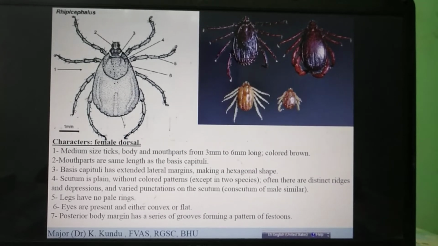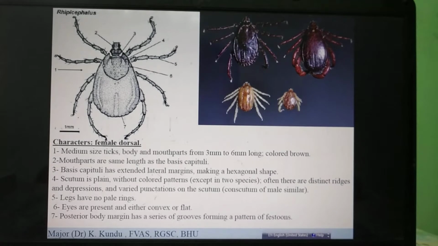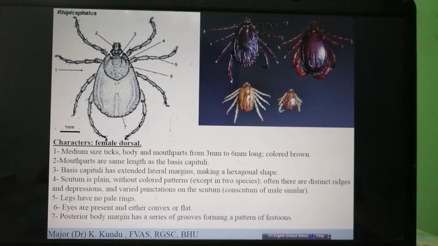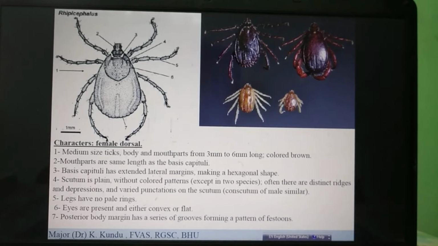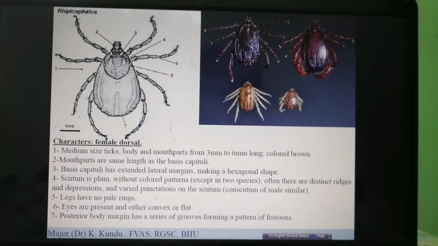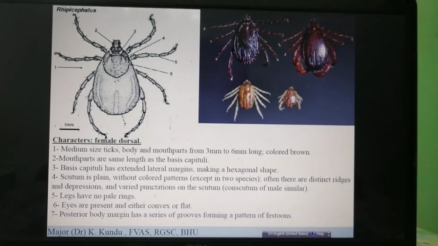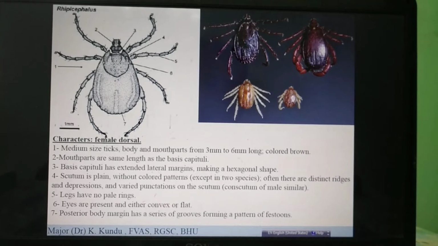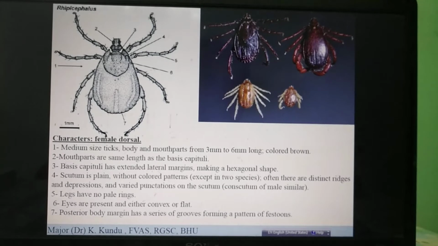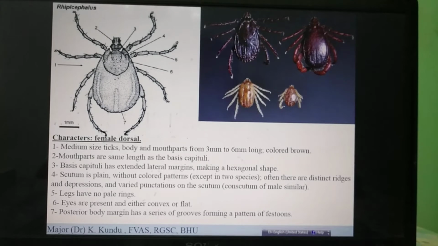Now based on the morphological characters and based on the DNA analysis, mainly analysis of the 18S ribosomal RNA gene, the ITS1 sequences, then the 16S mitochondrial ribosomal gene, and the COX1, it has been found that the Boophilus genus is similar to that of the Rhipicephalus. So this has been already classified under Rhipicephalus. But how we will see the morphological character of Rhipicephalus sanguineus, Rhipicephalus microplus separately.